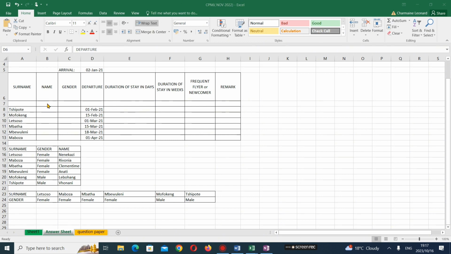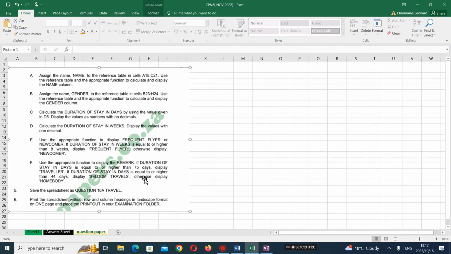So this is our answer sheet. This is how our answer sheet is supposed to look, and then we have our question paper on the side. This is part of the question paper. This is only part of the things that will be focused on. I didn't take out the entire question paper because I was just focused on the most important aspect, which is